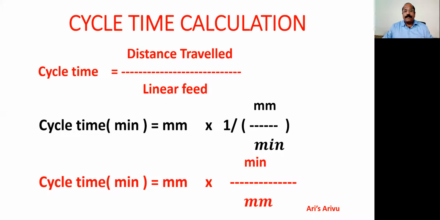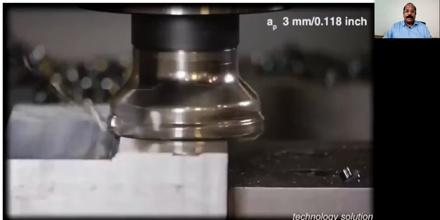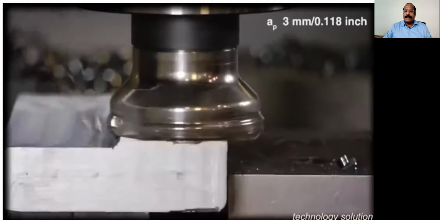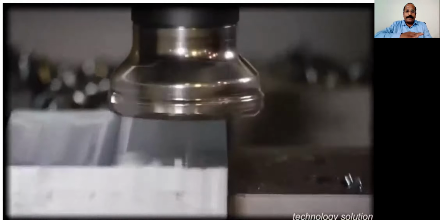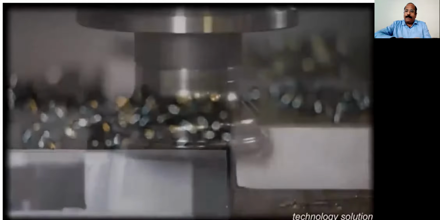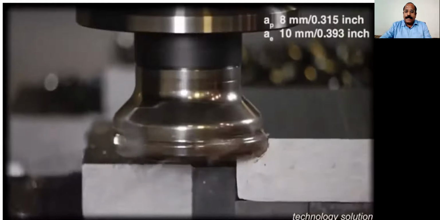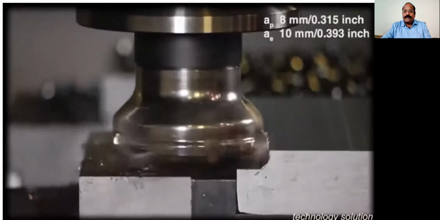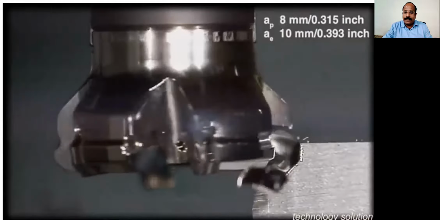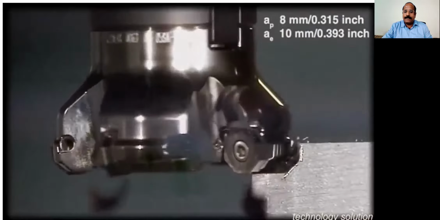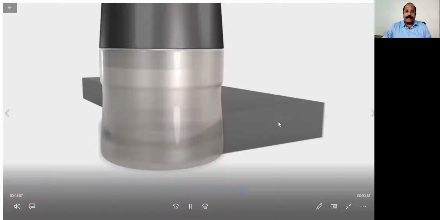Don't memorize it again, it will mislead you. You can see there are various types of milling cutters, and this is a face milling operation where the face of the component has been machined. It will not give a good surface finish on the sides, only on the base will it give real cutting. You can see how the cutting is taking place, how the chips come out of the component. You can see very clearly right here.